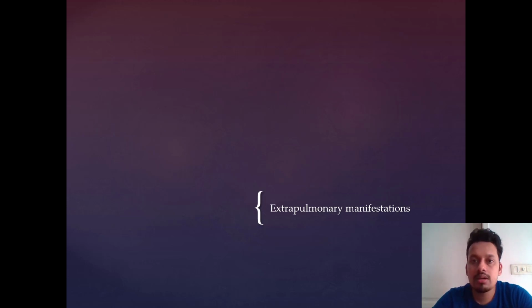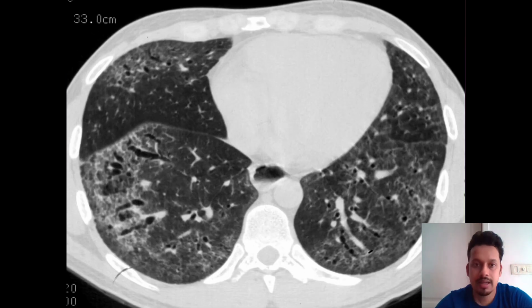The next constellation of symptoms and case scenario I want to talk to you about is a female who is around 30 to 40 years old, and she's a non-smoker. She comes predominantly with extrapulmonary manifestations, maybe some hematuria, RBCs in the urine, some peripheral neuropathy, multiple mononeuritis multiplex. Such a patient comes with gradual increase in breathlessness or cough.